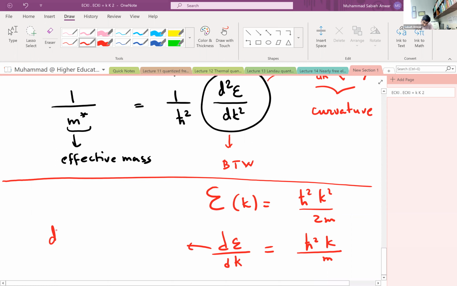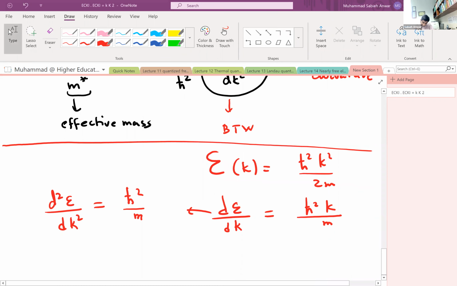Take the derivative again: h bar square over m, which means that 1 over m star for a free electron equals 1 over m, which means that the effective mass for